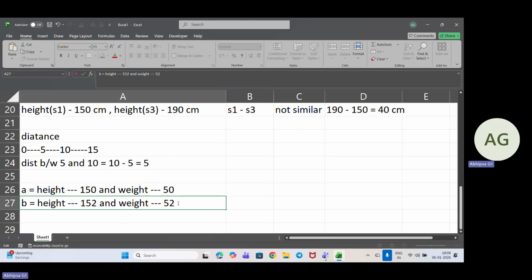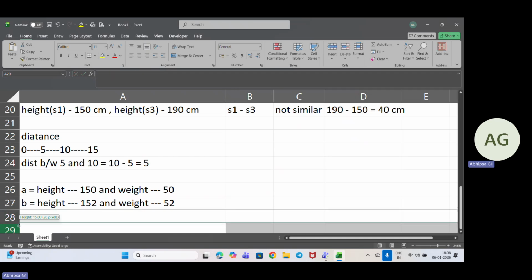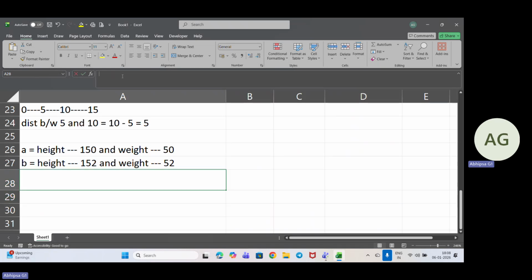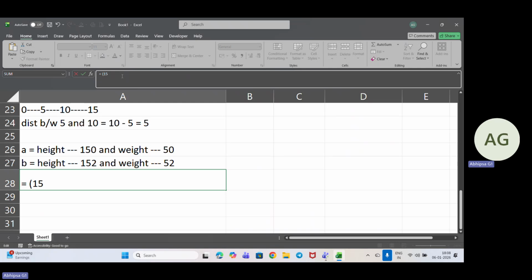Okay, now I need to find out the distance. Then how will we be doing it? We will be using the Euclidean distance, the same way we used it in KNN. In the last session, we discussed the KNN model for classification. There we found the distance between the 2 points. For that, we used the Euclidean distance. So here also we will be doing the same. Here basically we need to find 152 minus 150 and do the square of it, plus the weight, 52 minus 50, and then the square of it again, and then finally